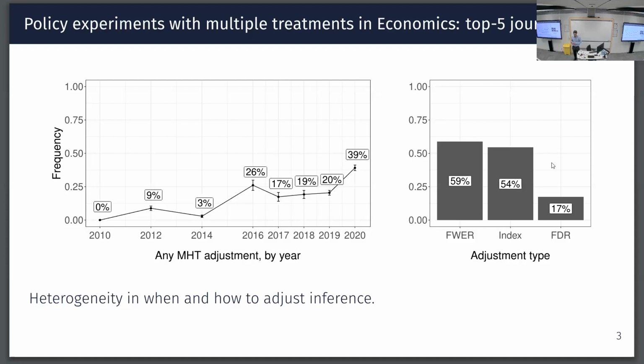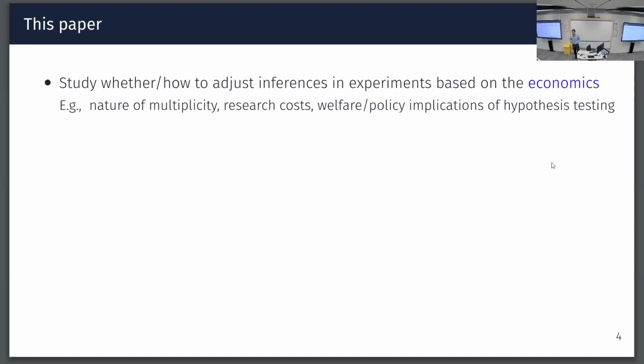I've also talked with editors who told me, well, you know, sometimes we do see that the effect is going to be significant with discovery rate control. It seems clear that it's not going to be significant with family-wise error rate control, but we don't want to kill the result, so we don't ask for that. So that definitely can also happen in practice, right? That's a meta multiple comparisons. It's anyhow. So